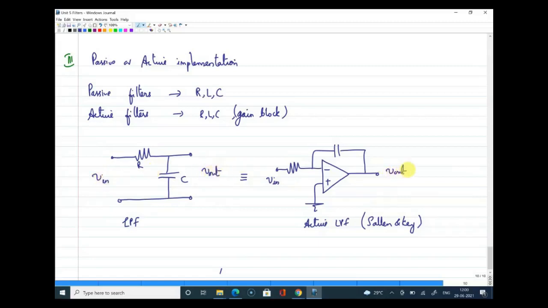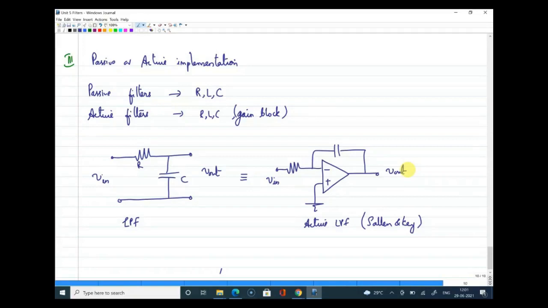So these are the various ways we classify filters based on response, based on the filter characteristics, how they pass or reject a set of frequencies. We classify them as low pass, high pass, band pass, and band reject. Then based on the realization, whether it is a continuous time or discrete time realization, we have two ways. And based on what type of components we use, we again classify it as passive and active implementation. All right. So this is about filters.